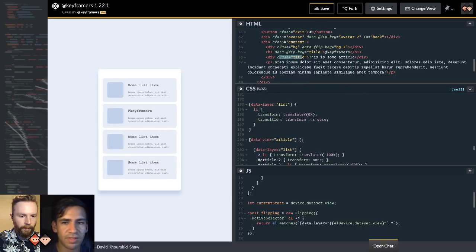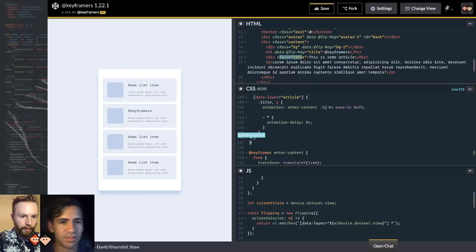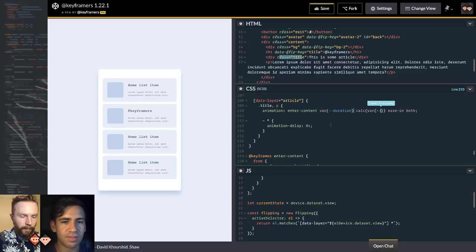So yeah, you don't want everything to happen all at the same time, because things are moving in different directions and it could become really jarring. So instead, we could do a calc and use some CSS variables, duration,